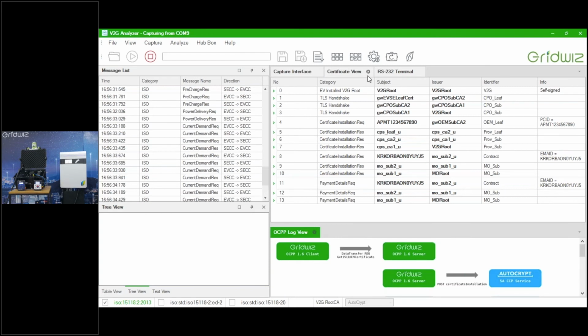And now we are in the current demand sequence, which means power transfer is in progress. So we will stop the charging from the vehicle side and have a look at the logs. Our main point of interest here is the top right side, the certificate view, and more specifically, the